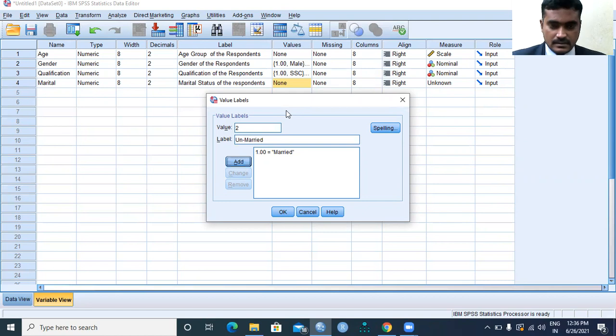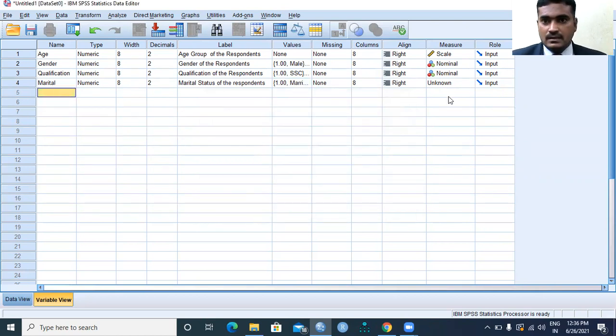Here is also the same case: 2 greater than 1, 1 less than 2, not such kind. We are using code for identification purpose. That's it. Now what kind of scale is it? Nominal scale.